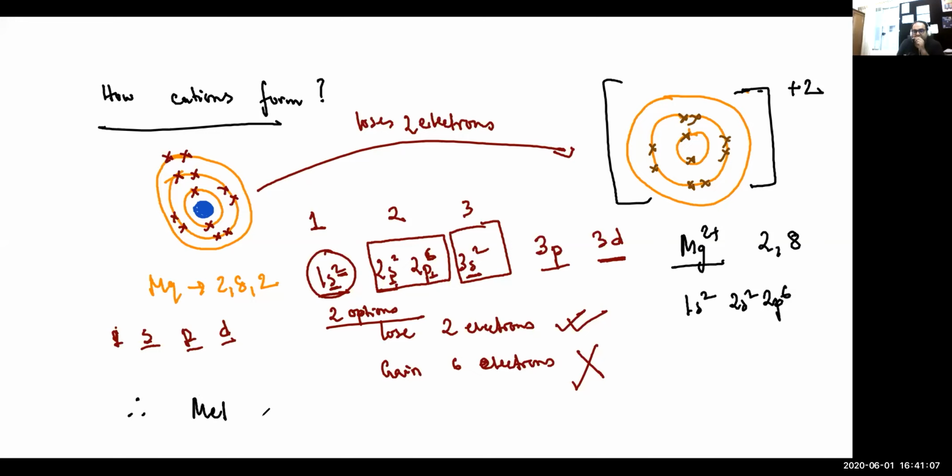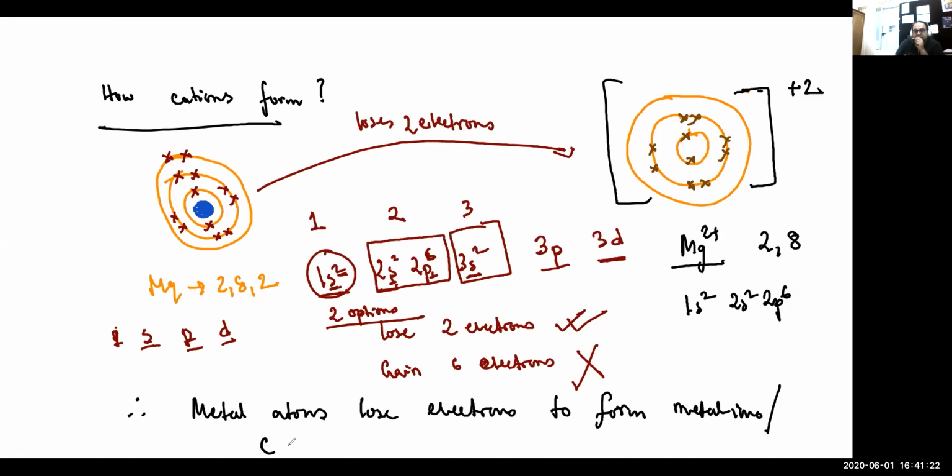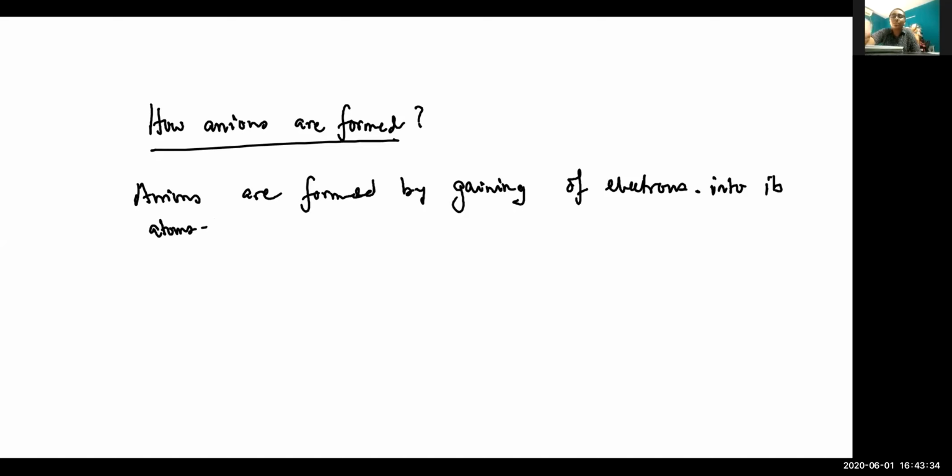So therefore, the conclusion is: metal atoms lose electrons to form metal ions or cations. Oh, sorry. Anions are formed by the gaining of electrons by atoms. So, for example,